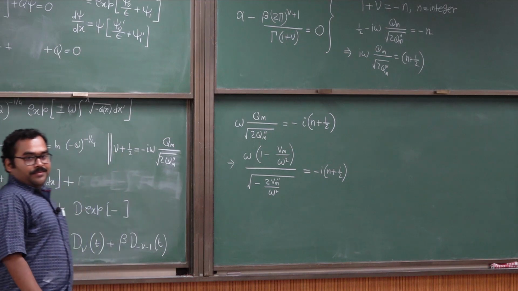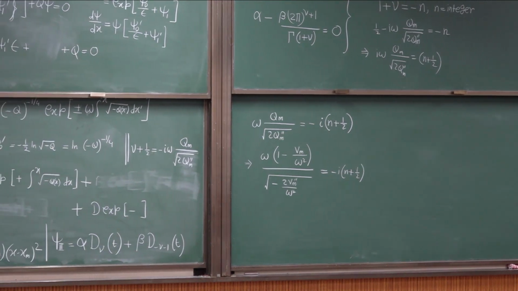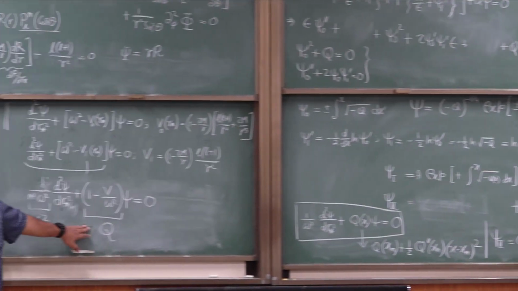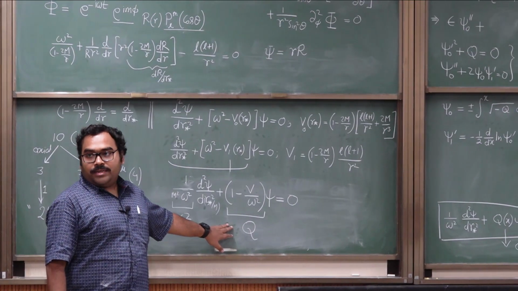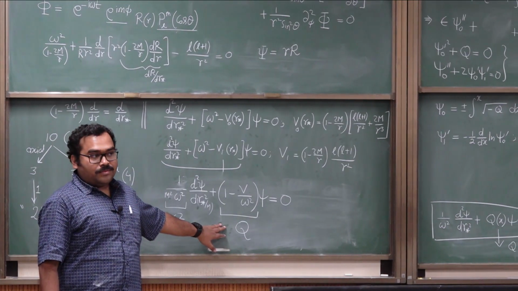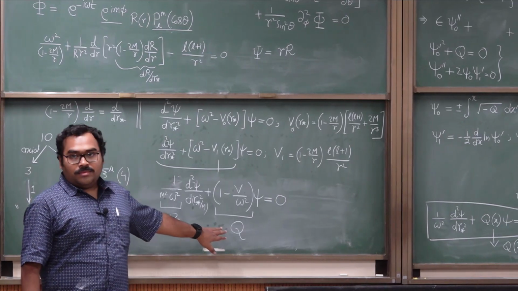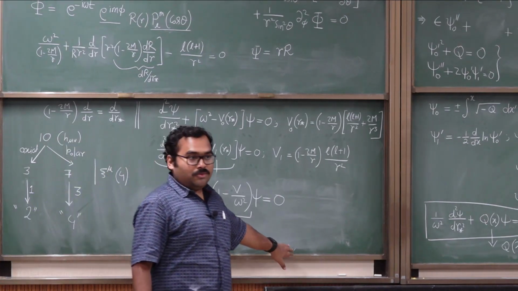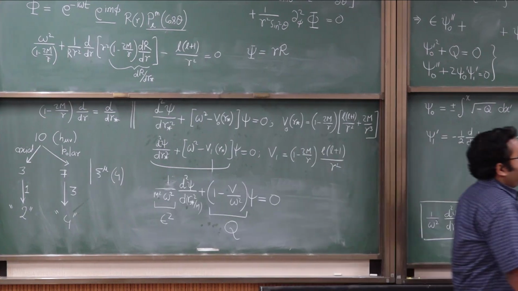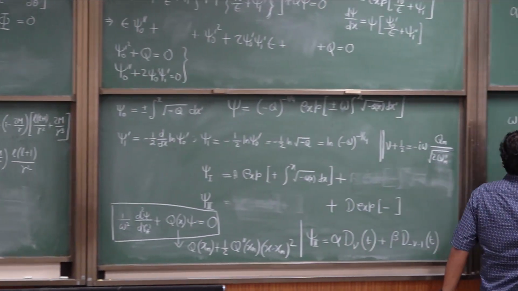See if you agree. I have done nothing. I have simply substituted for q, which is 1 minus V divided by omega square. Right, everybody? Should I proceed? Okay. This tells me